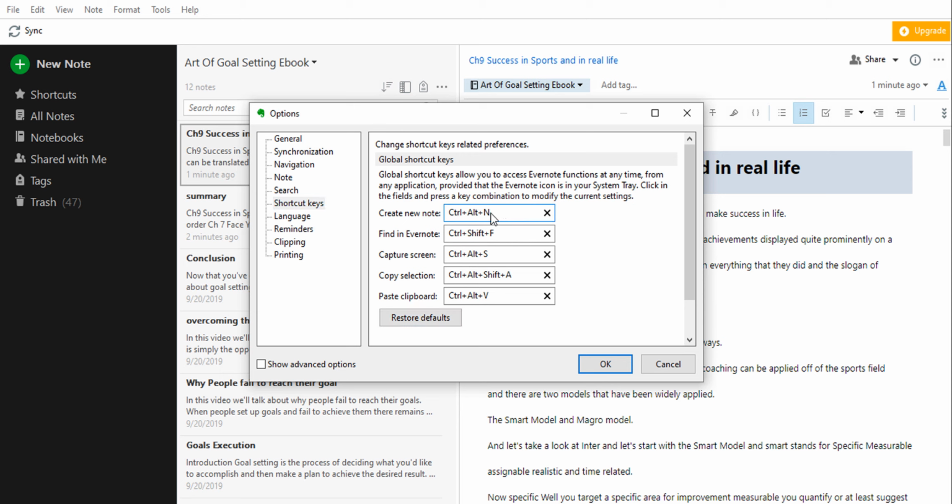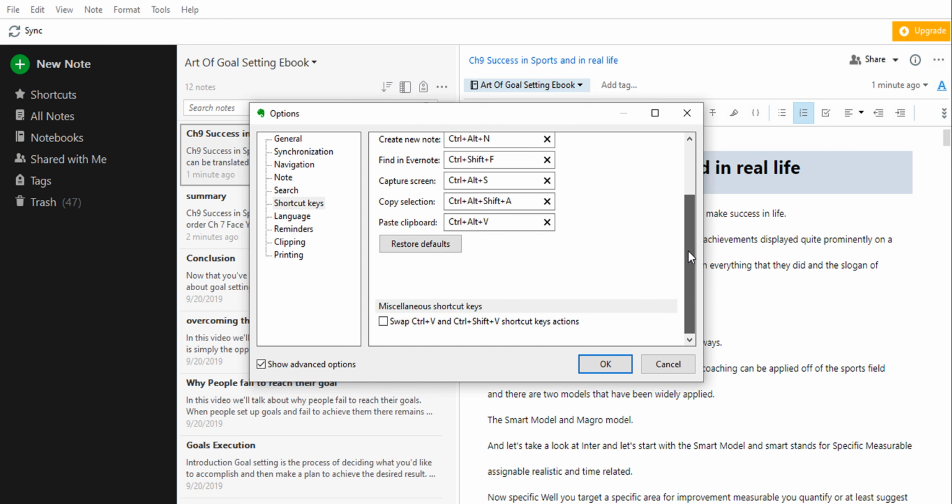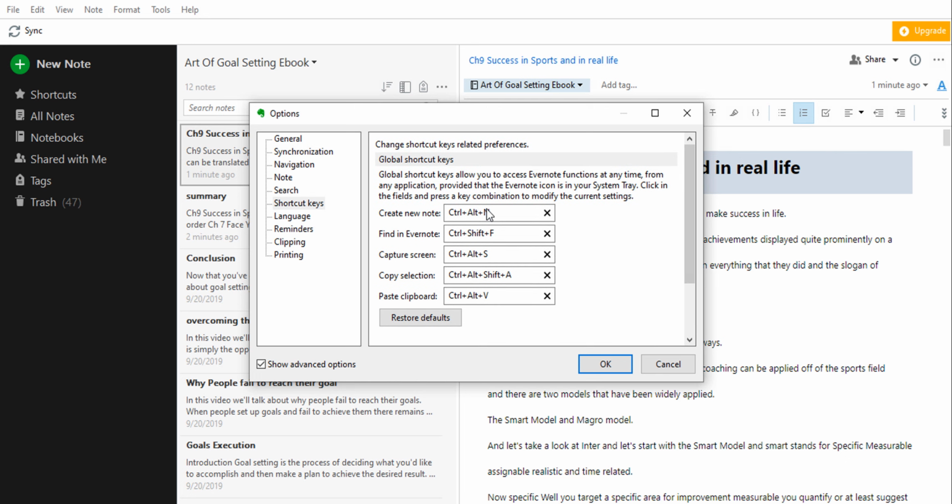These are the global shortcut commands, but there is an option to change the keyboard shortcuts and redefine them according to your own needs. You can change the keyboard shortcuts by clicking on Tools, then Options, then select Shortcut Keys. Now as you can see, there are options to assign global keyboard shortcuts for some common commands. You can use the default keyboard shortcuts or change them according to your own needs.